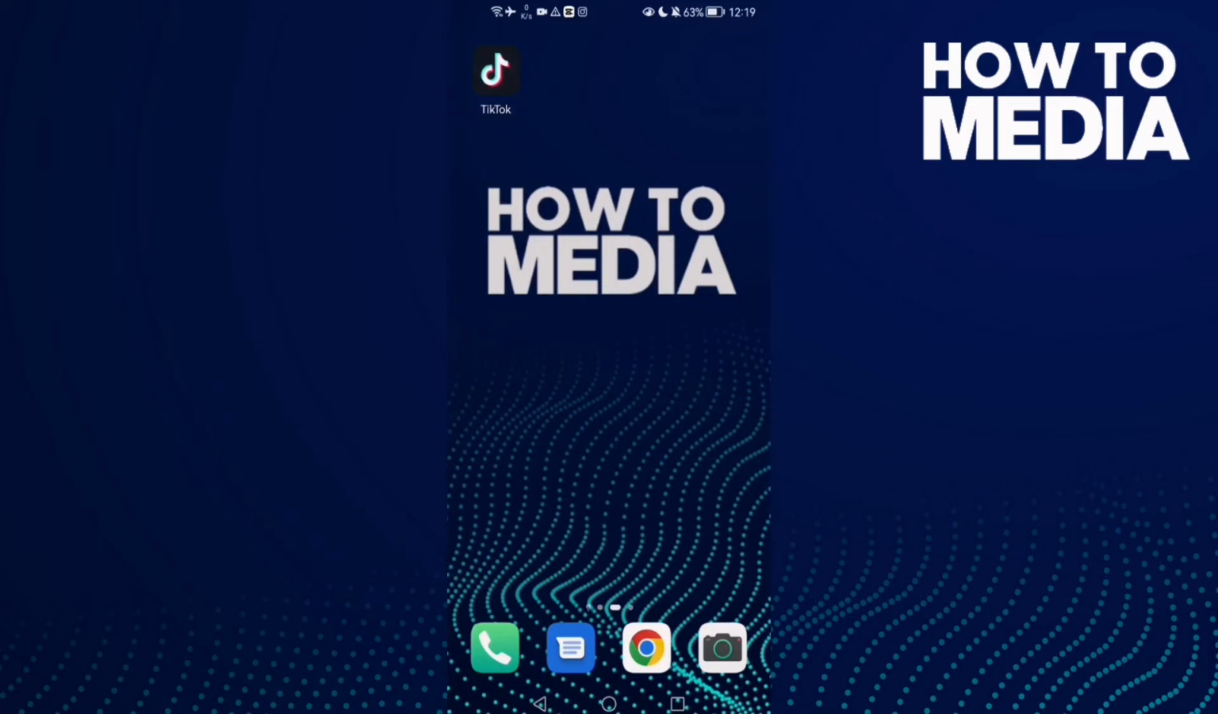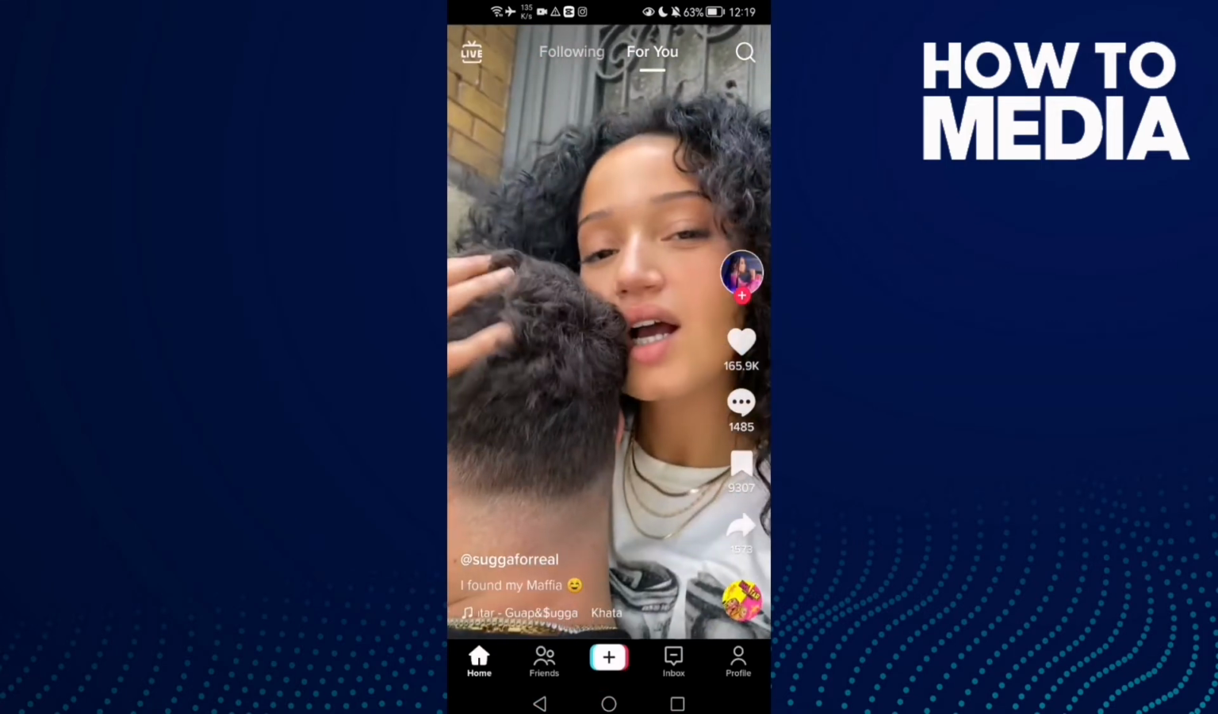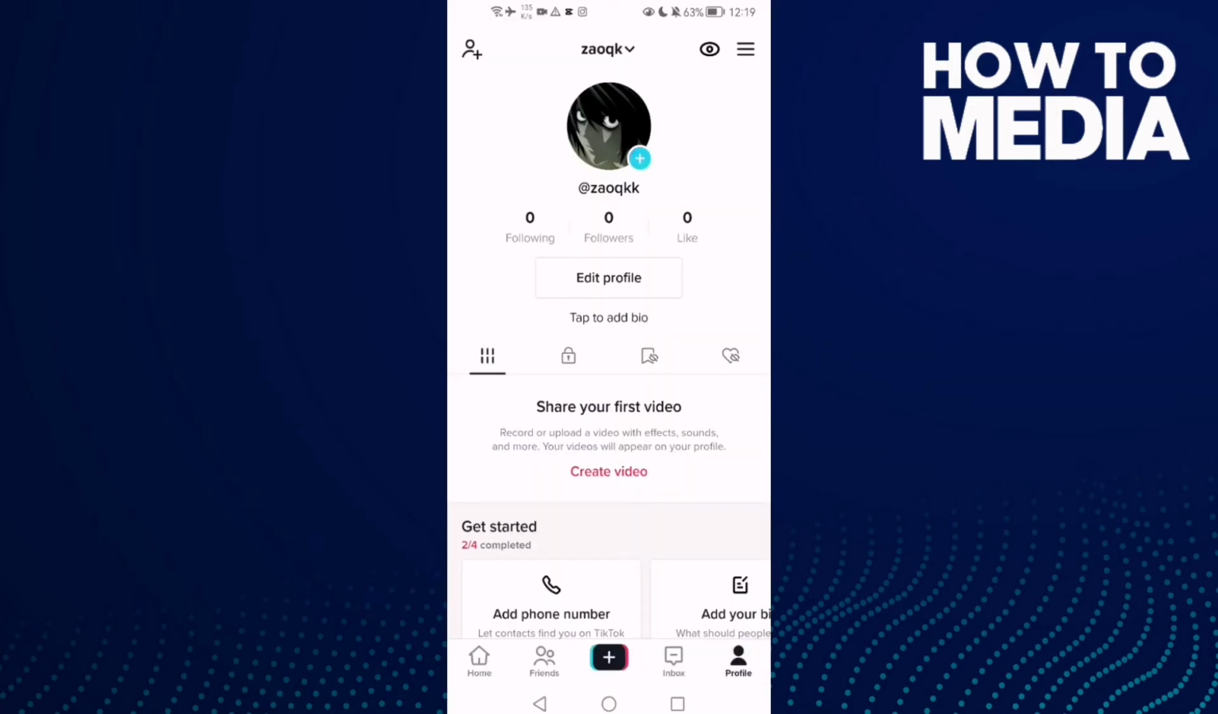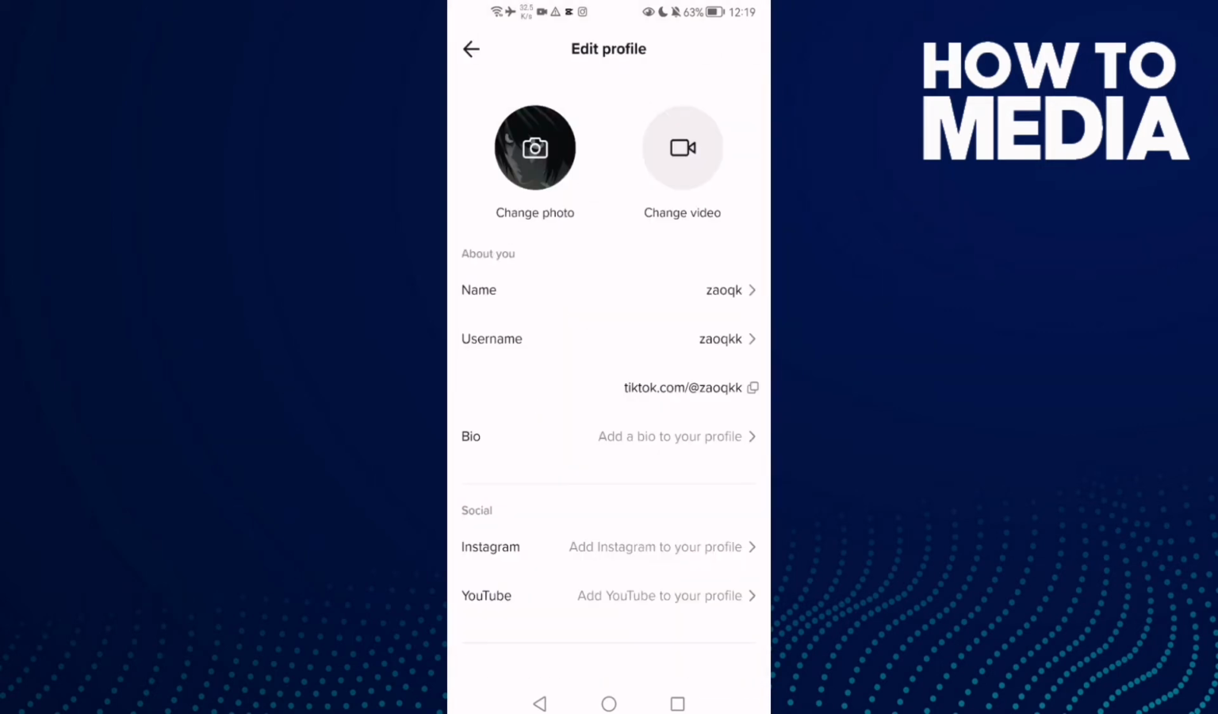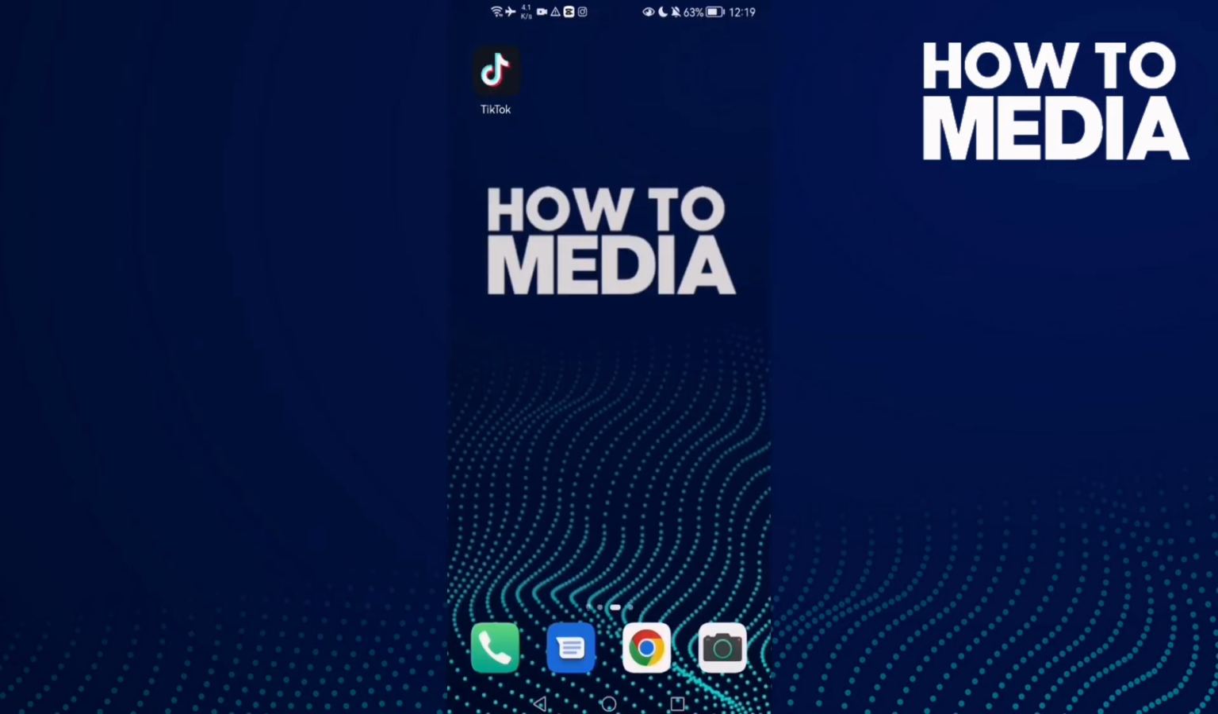First, open TikTok and here you will find Profile. Click on it and then click Edit profile, and here all you need to do is just here you will find this link. If you want to copy it, just click this icon here or hold on it, and that's it. It's easy. Now just go back and as you see, that's how to copy your profile link on TikTok mobile,